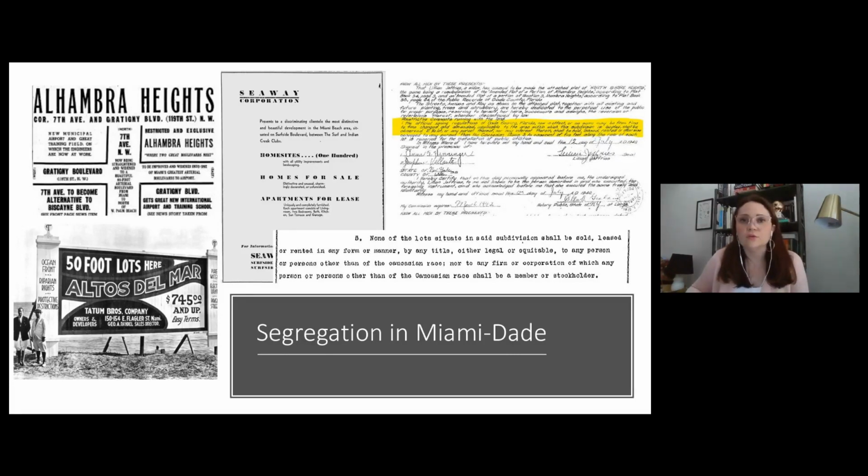There was the use of coded language like that. Altos Del Mar is a big subdivision, and you can see it says protective restrictions. These were all things, coded language that people understood to mean that these were segregated areas. So again, just more research we did locally on our community to understand how these policies actually were implemented on the ground where we are.